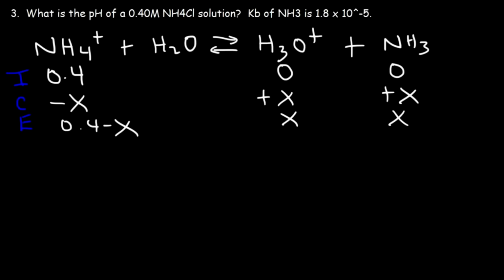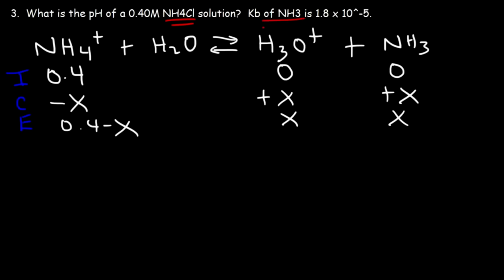Now, in this problem, should we use Ka or Kb? What do we have in the solution? Do we have a weak acid or a weak base? We don't have NH3 in the solution initially. We have NH4 plus, and that's a weak acid, which means we need to use Ka. Ka is always associated with H3O plus. If you have something that produces hydroxide ions, that's going to be associated with Kb, which is for bases. So we have a weak acid in a solution, and we need to use Ka, but